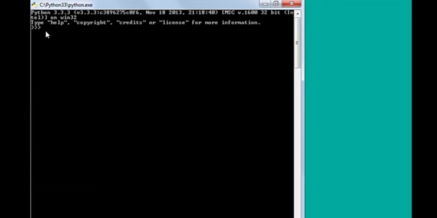And I see a few more things, like if I want help from Python, then I can type in help and press the enter key. If I want to see copyright or credit or license information, then I can type in these three words and press the enter key. So there's some stuff that I can do here, but what we're going to do instead